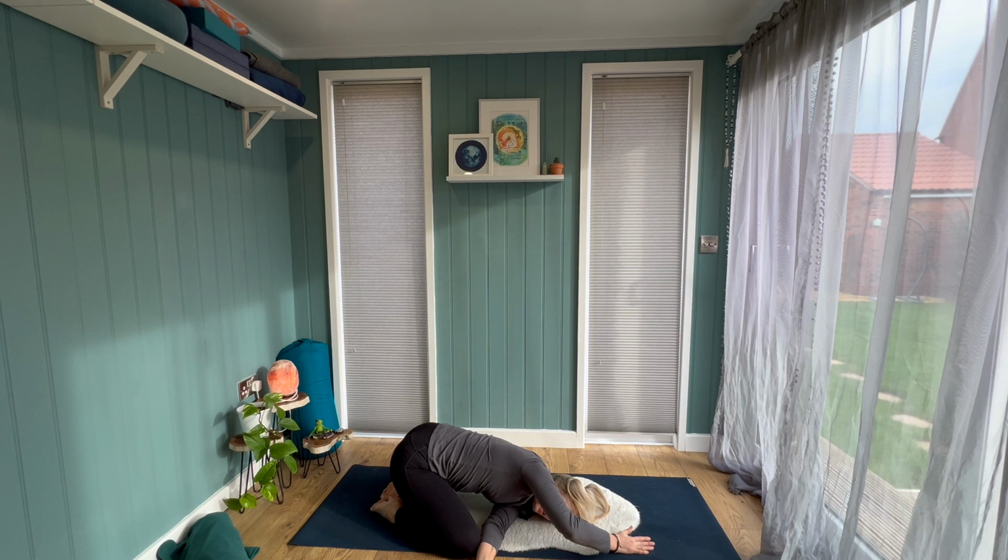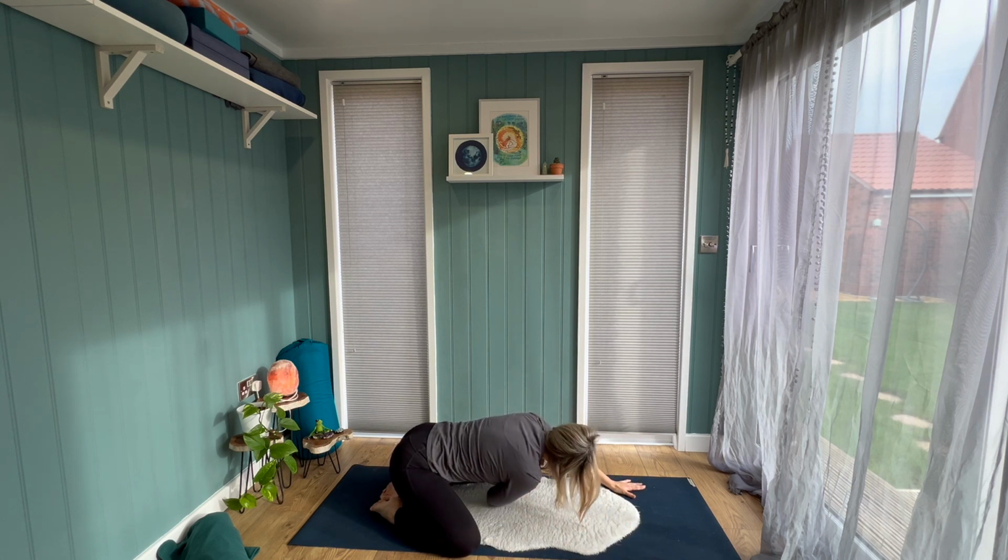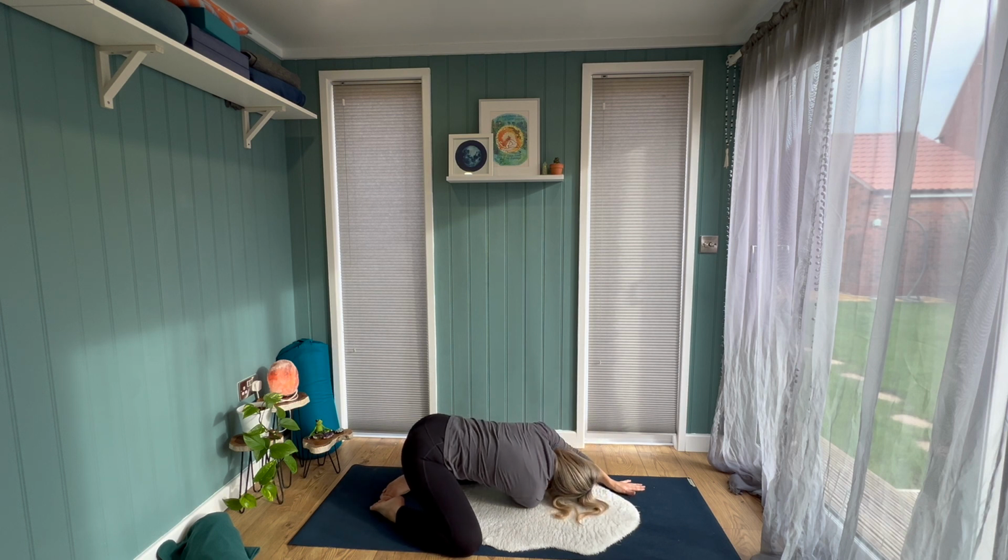Great. And when you're ready, drawing that arm back, and we'll switch sides. So threading the other arm. And it might be that one side feels a little bit more awkward. This definitely feels more awkward for me. Taking a breath. And then when you're ready,